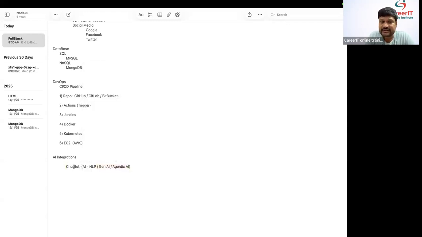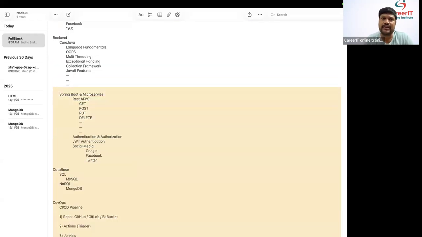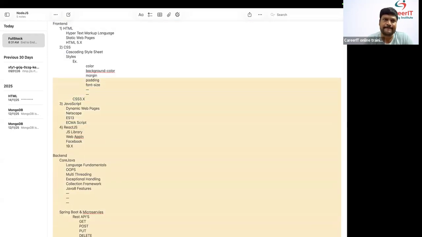we have one application, the chatbot application. I need to integrate this chatbot application to either a front end or a back end. Yes, we can integrate it anywhere. The same chatbot application we can integrate to Java or to React also. Then I will show that integration also. Okay? These are the topics we will cover as part of our full stack training. If you have any questions, please ask.